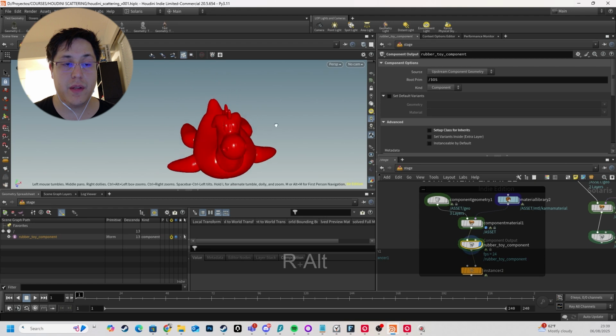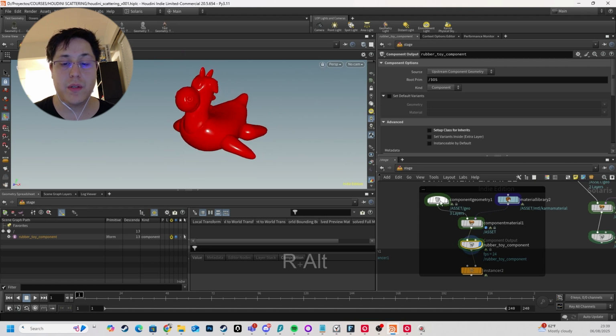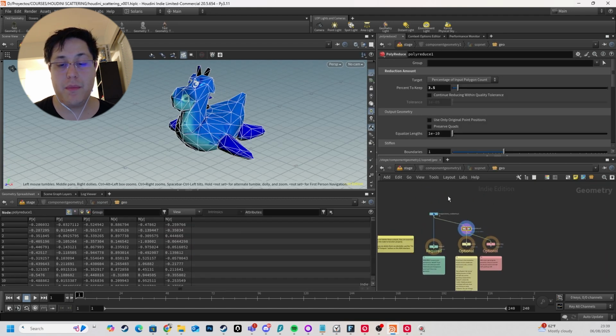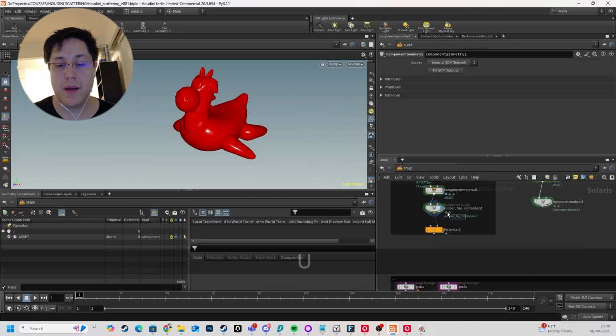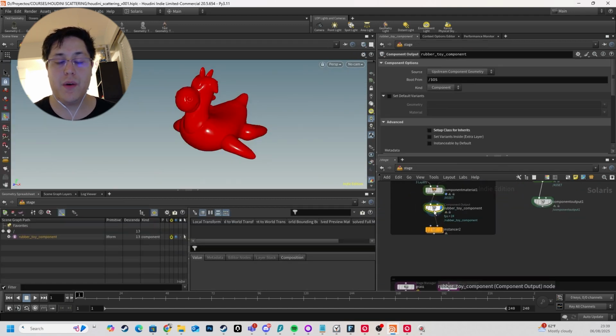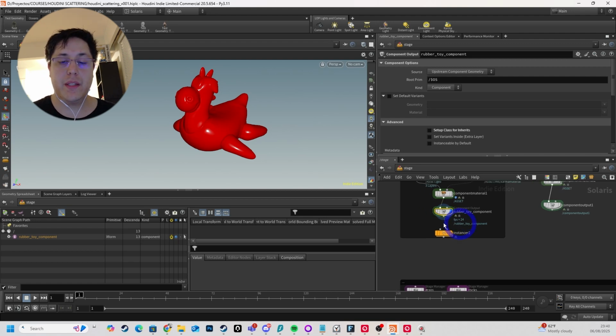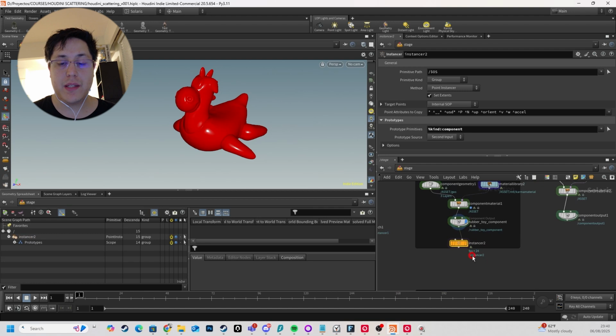So here I did really quick an example with a Robert Troy, where I just modified the Robert Troy, but you don't have to do it. It's just so you know how you can work with components. Take your time researching how you can make your own components, or if you don't have components, do not worry about that. You can just use whatever asset that you bring over to Solaris. But here, as an example, so you can see that this works,